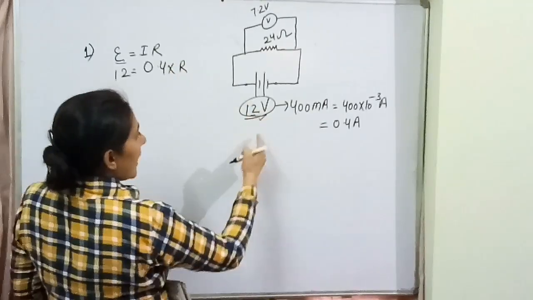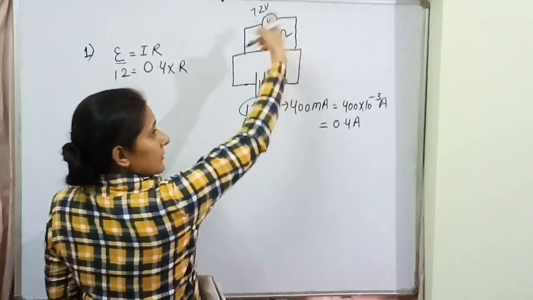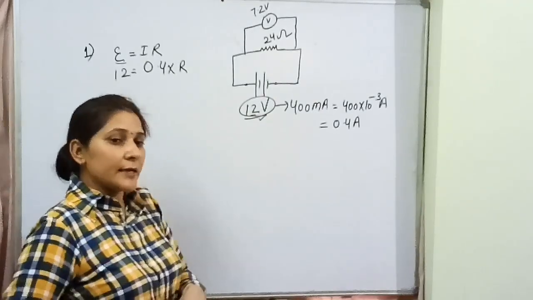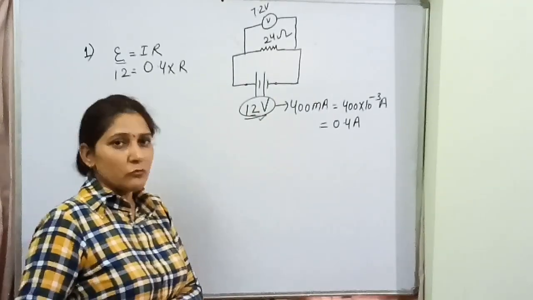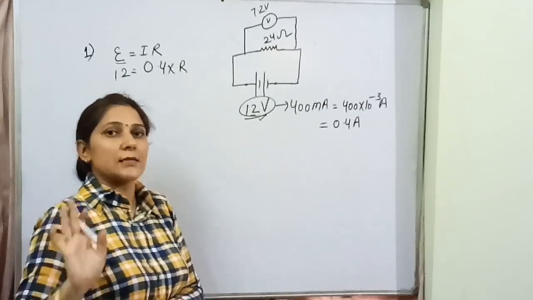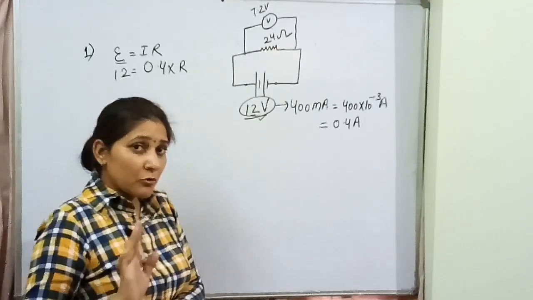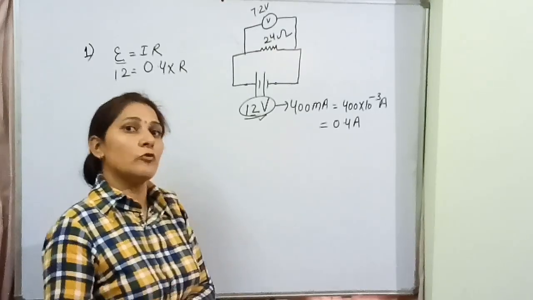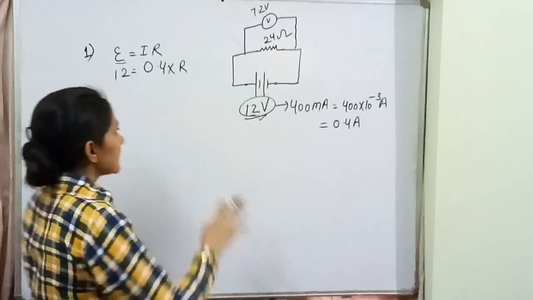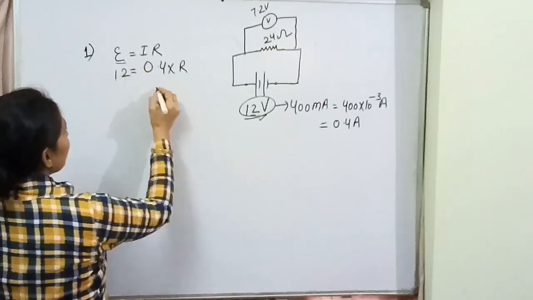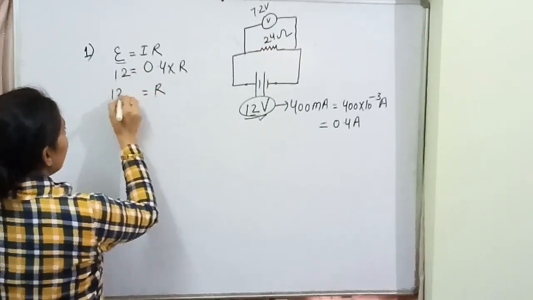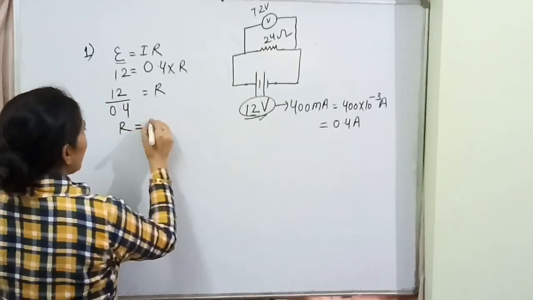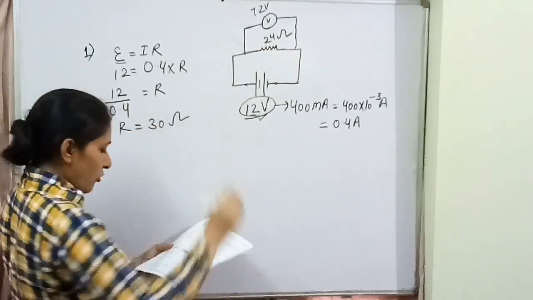अब आपके पास किसका R आ रहा है? बैटरी का R आ रहा है. You have not connected it somewhere. हमें इनिशियली जब वो बना हुआ है तो हम ये मान कर चलते हैं कि अगर कोई भी 12 वोल्ट का बैटरी है तो वो 400 मिलीएम्पेयर करंट प्रोवाइड कर सकता है. Okay, we are not saying that this is in use. हम ये मान रहे हैं कि 12 वोल्ट का अगर यूज करेंगे तो वो 400 दे सकता है. This is our assumption. Okay, so from here what can we find out? The value of R will be 12 divided by 0.4. So you can say R is equal to 30 ohms.